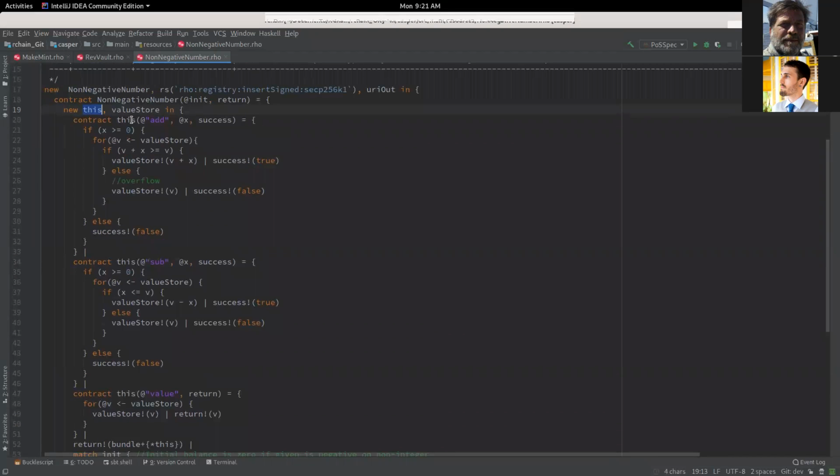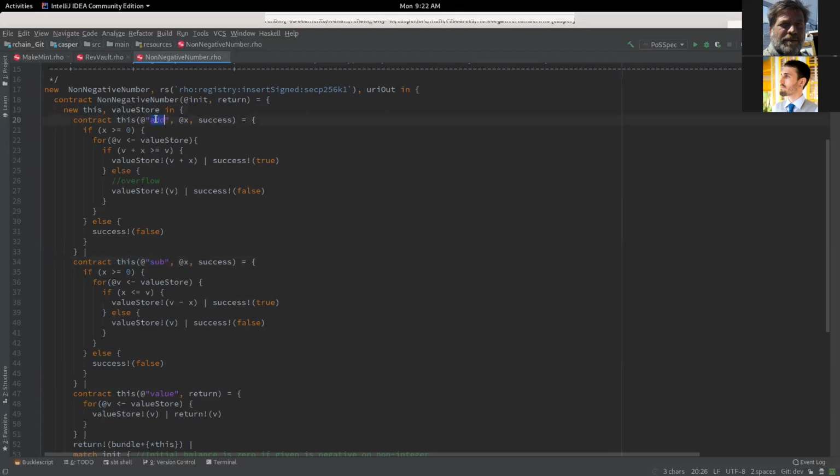Like we can either do this add thing, which will do some checking of a balance, and then say, okay, we can add some rev to it, or maybe we can't add some rev to it if there's a potential for overflow. Because we're using, I don't remember if it's 60, I think it's 64-bit integers, but either way, it doesn't really matter. And we can also do this subtraction thing.